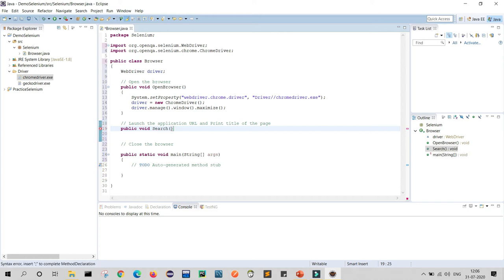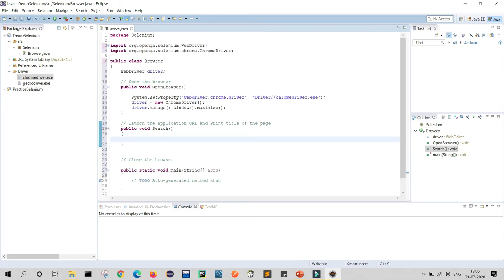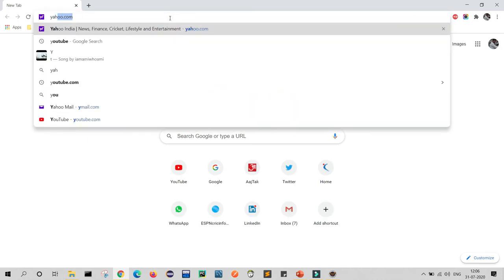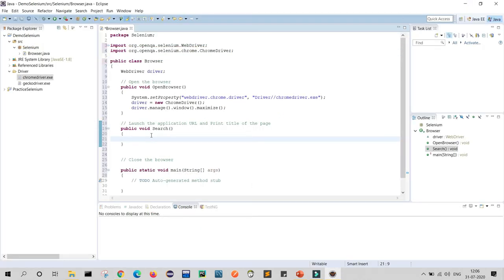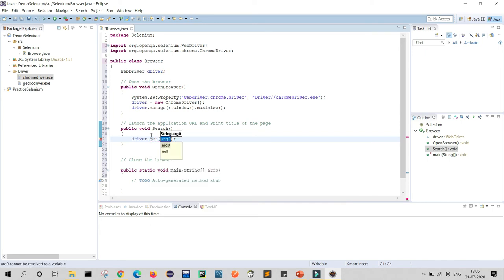For searching, what will we do? First we will open our browser and launch the application, Yahoo.com. Still we are not launching, so first of all we will launch the application. So what will we write? We will write driver dot get, and here we will provide my URL. So my URL is https dot yahoo.com. This is my URL